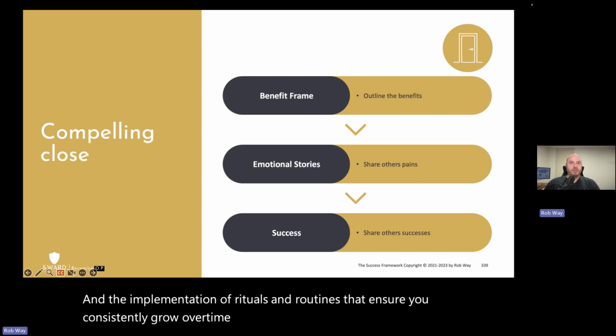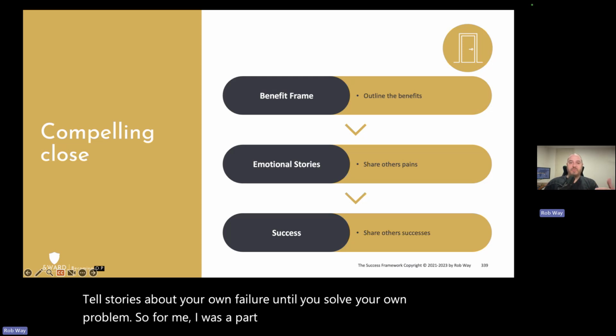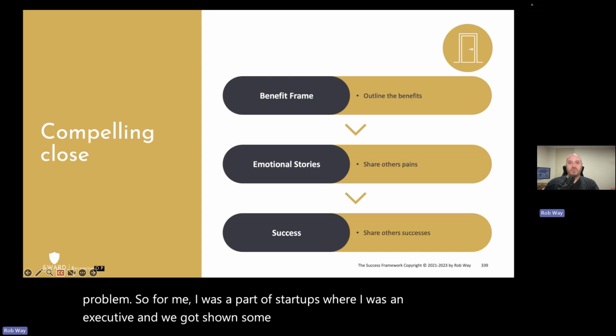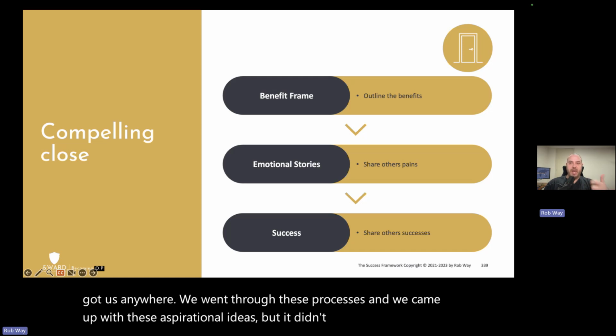Benefits. Emotional stories. Tell stories about your own failure until you solved your own problem. So for me, I was a part of startups where I was an executive and we got shown some of these tools, but it never quite got us anywhere. We went through these processes and we came up with these aspirational ideas, but it didn't translate into an actual